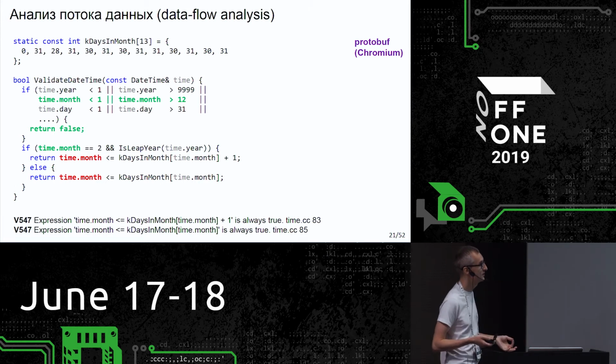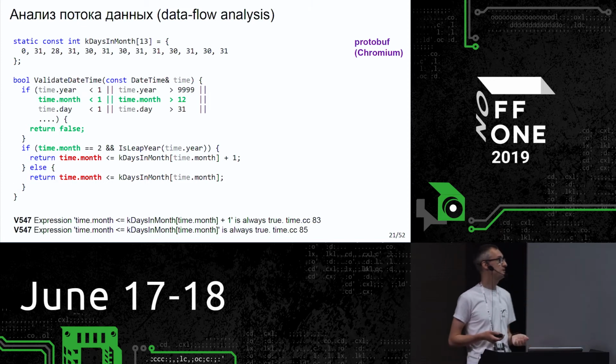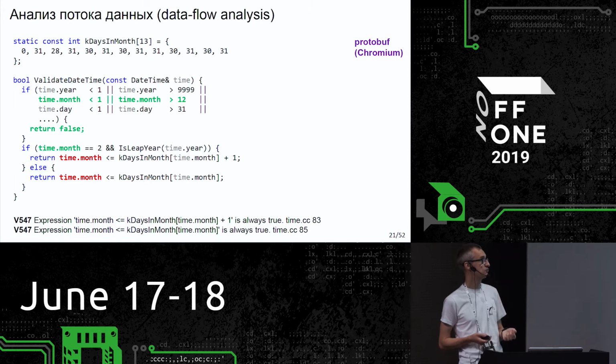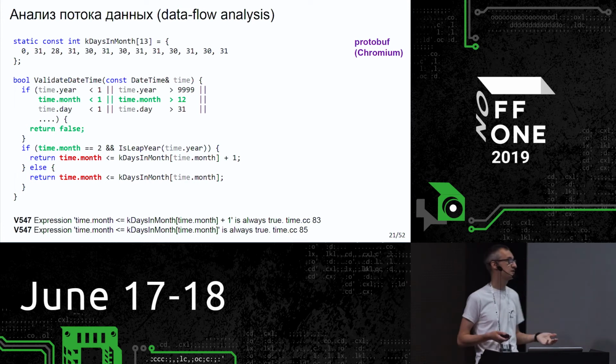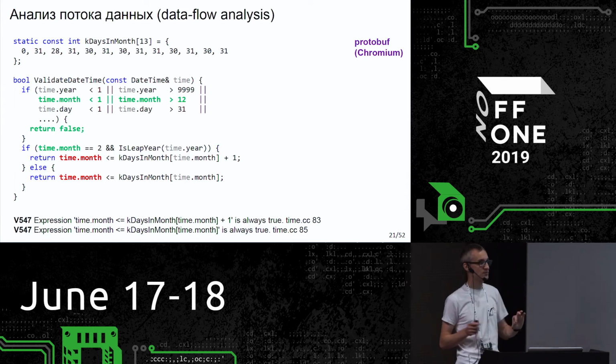And of course, we see that any value from 1 to 12 is less or equal to any of those values. And this is always true again. So this is time of, instead of time month, it should be time day, of course, because we are comparing day to days with days. But the programmer has made a misprint, a typo, and